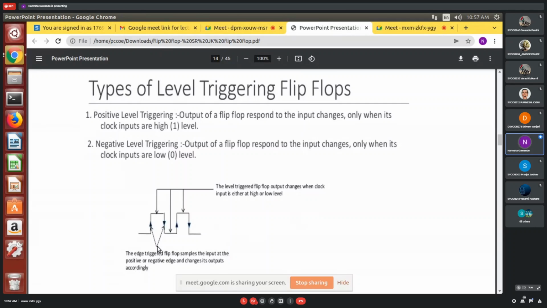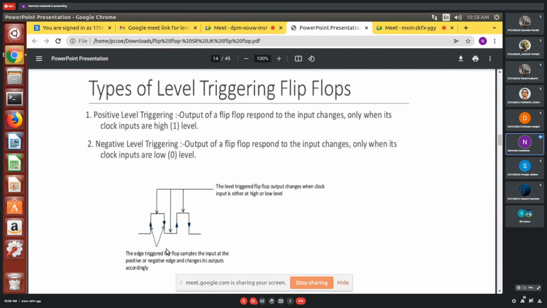Okay, that time the level triggered flip-flop will work. But for the edge triggered flip-flop, now here you can see this is nothing but the arrow you can see over here, right? What this arrow indicates is that it is going from downwards to upward and from upward to downward. So this is nothing but the edge, right? And here the control is coming from downward, going from downward to upward. So in that case it is known as edge triggering.